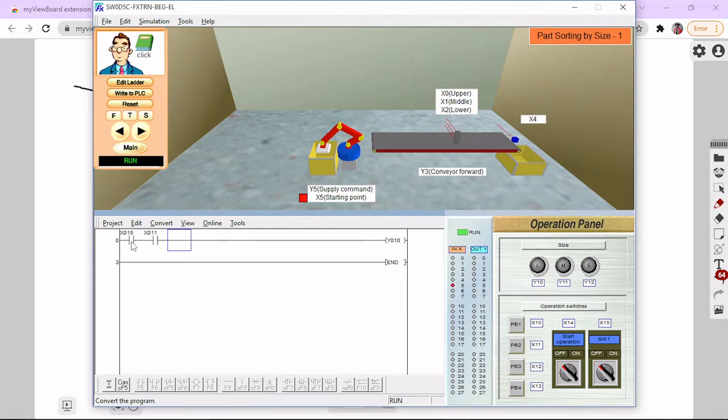So X15, this is X15 and it's a switch. So I put the switch on, and now we can see that it is energized. The current is flowing from here and stopping here because X11 is open and it is not energized. For X11 to be energized and for the AND logic to actually work, I need to press this push button